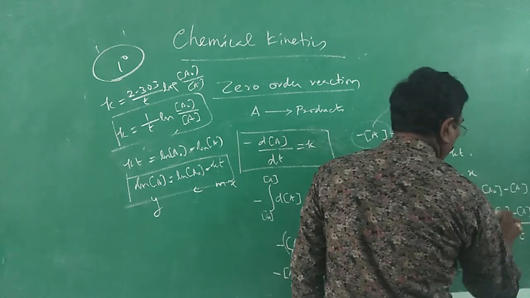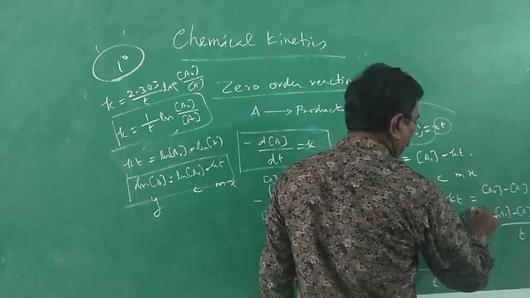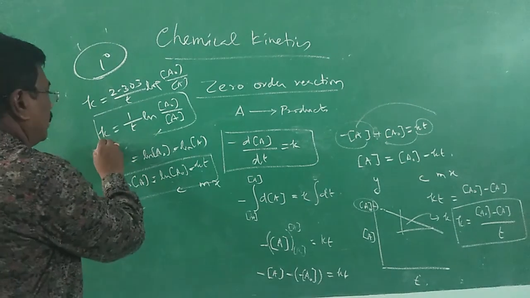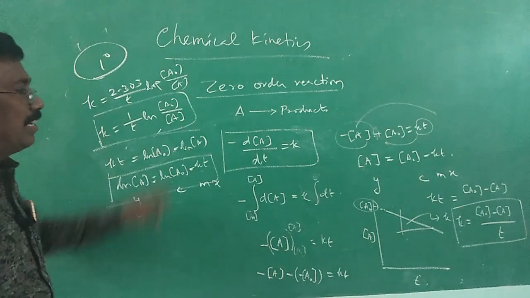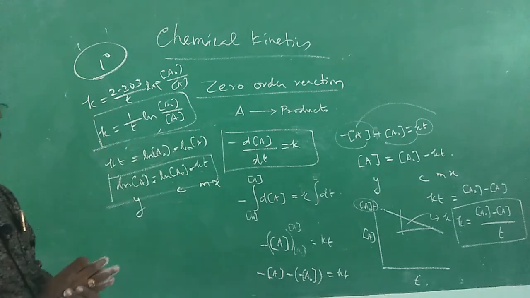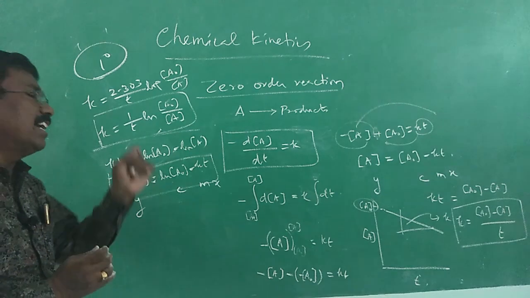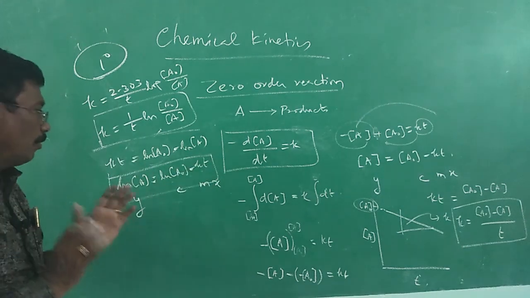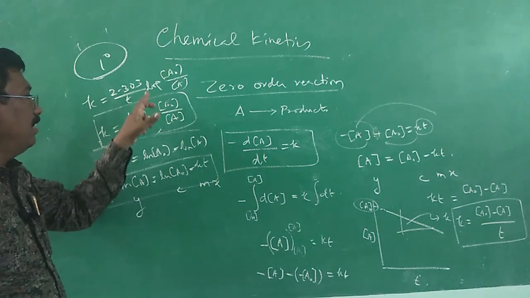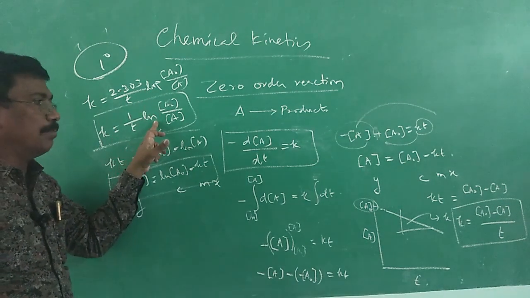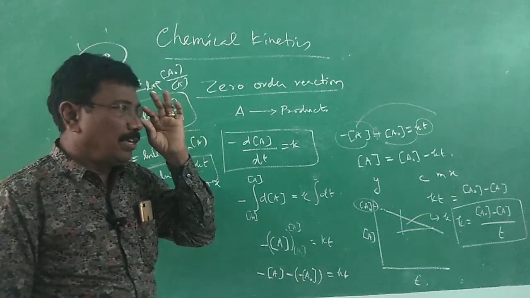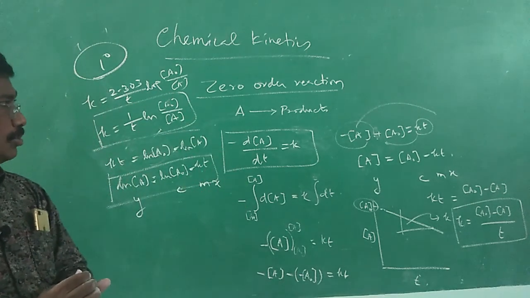Always square bracket will indicate concentration. So k is equal to [A] naught minus [A] divided by t. For first order, k is equal to 1 by t ln [A] naught by [A]. That difference you should know. This one is for 0 order, that one is for first order. So for different orders, we will be getting different expressions of rate constant. That you should know. This rate constant expression is only for 0 order. This is logarithm to the base 10, this is logarithm to the base e, natural logarithm. Here we didn't get any logarithmic expression. That you should know.